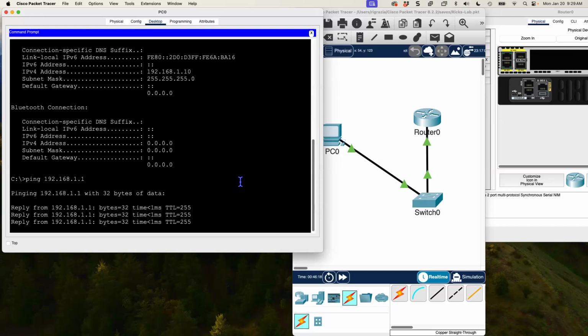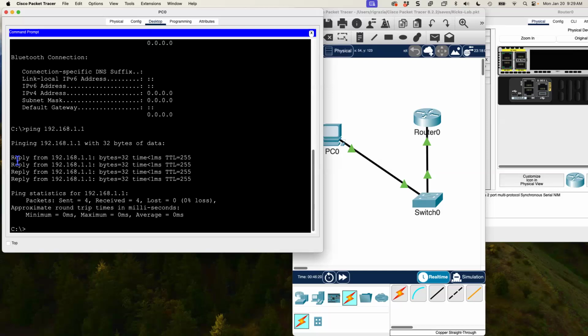Yes, we can. Now, don't worry if the first one times out on you. We'll talk more about that later. But I can communicate at least with its IP address. Can I remotely access it? Let's give it a go. Telnet. Remember we configured Telnet on the router? Telnet, let's give the IP address of the router,